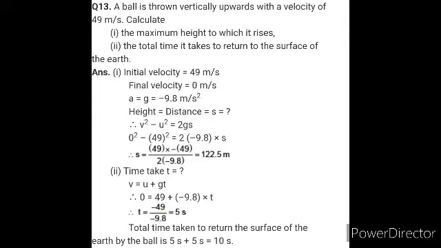So for the time taken, we can use the first equation and we can use the second equation as well because now we know the value of s. But it's easy to go with the first equation. Calculation will be easier. So v is equal to u plus at. Here we will not write a, we write g, that is acceleration will be replaced with acceleration due to gravity. And you will get the value of time as 5 seconds. So the total time is 5 seconds for going, 5 seconds for coming, that is 5 plus 5, 10 seconds.